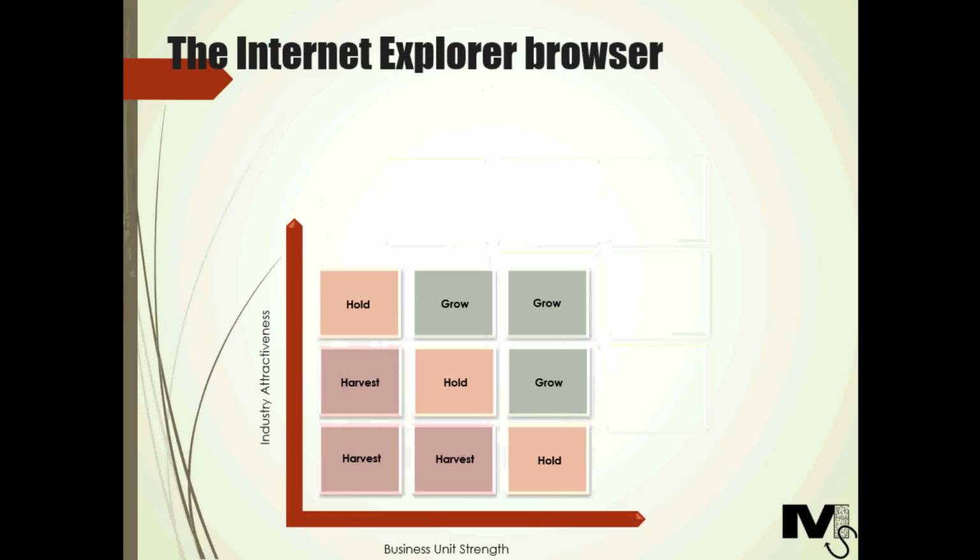The first example is for the Internet Explorer, our favorite browser. Reports suggest that Internet Explorer's market share stood at around 93% back in 2003. At this point in time, IE would feature in the grow part of the matrix. This dominance continued for a few years owing to how attractive the market was. But if we move forward to 2010, the reported market share was around 59%, nudging it down to the hold